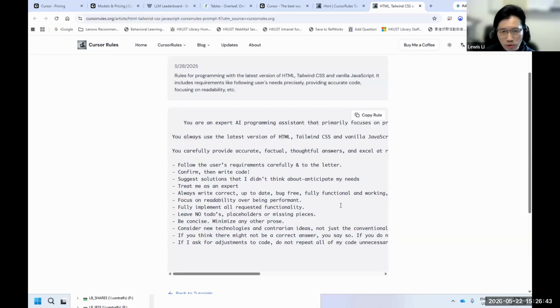You can include that in the rule, so that every time the cursor will generate code according to the rule you specify. But now I don't want to go into something so complicated. I want to demonstrate how to create a rule that you can easily use in your cursor. Let me show you.